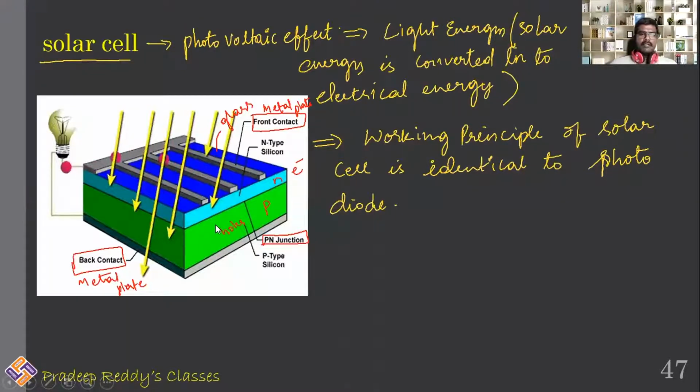The electron hole pairs are generated there. See, when light is incident, electrons and holes get separated, and the separated electrons and holes come in contact with the front contact and back contact. Positive charges come to the back contact, negative charges come to the front contact, and they discharge through the bulb. When those electrons and holes discharge through this bulb, the bulb will glow. So this is how a solar cell works. You can see that in the animation clearly.